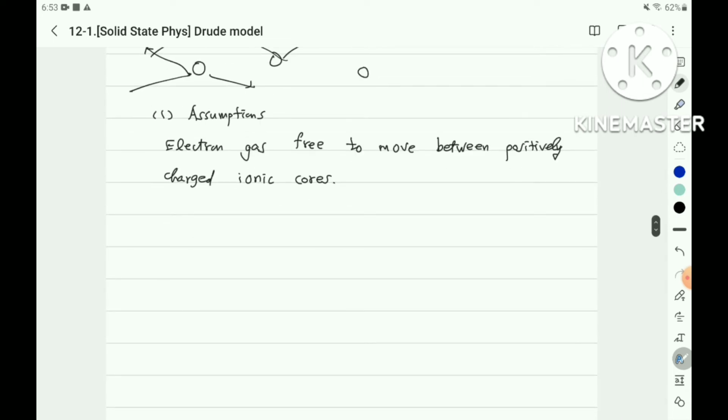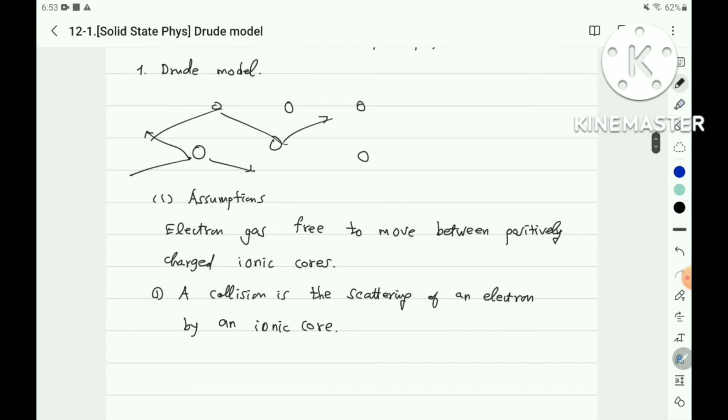The first assumption is that a collision is the scattering of an electron by an ionic core. In this case the ions are positively charged, and electrons scatter with the positive ion